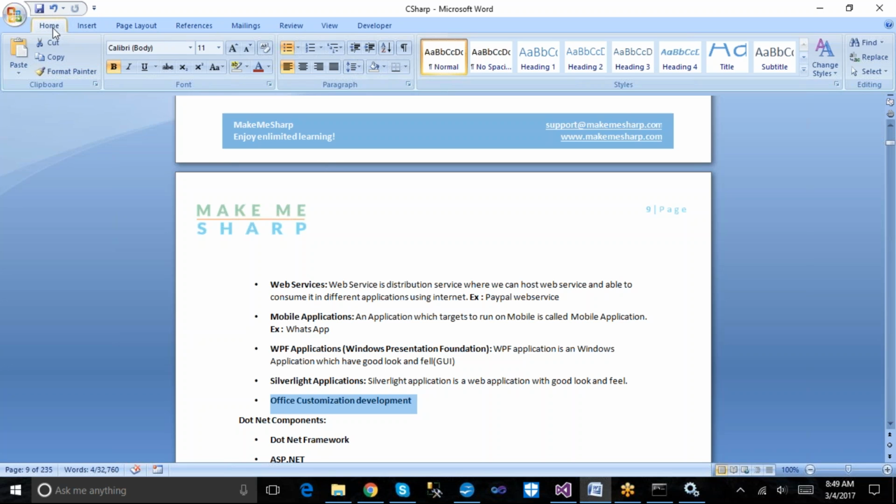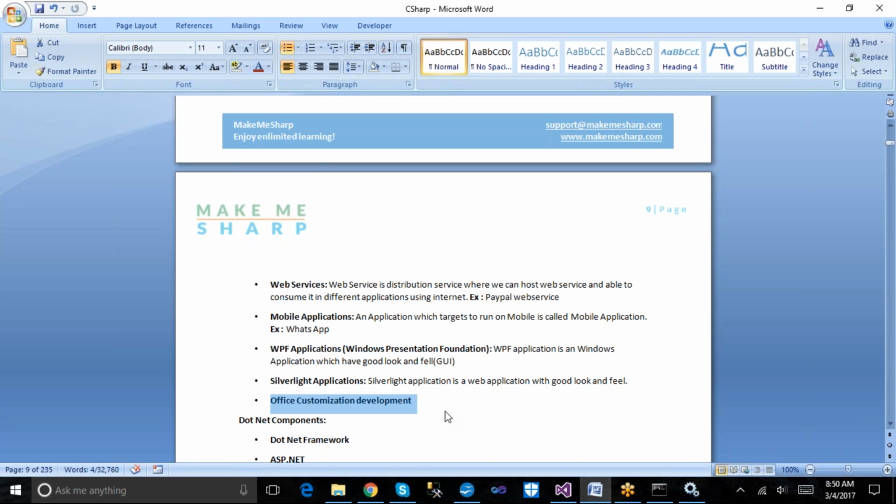Similarly, if I want to develop any kind of new add-on or add-in application for my Word, Excel, PowerPoint or Outlook, those we will call Office customization applications. We can develop such applications with the help of .NET.